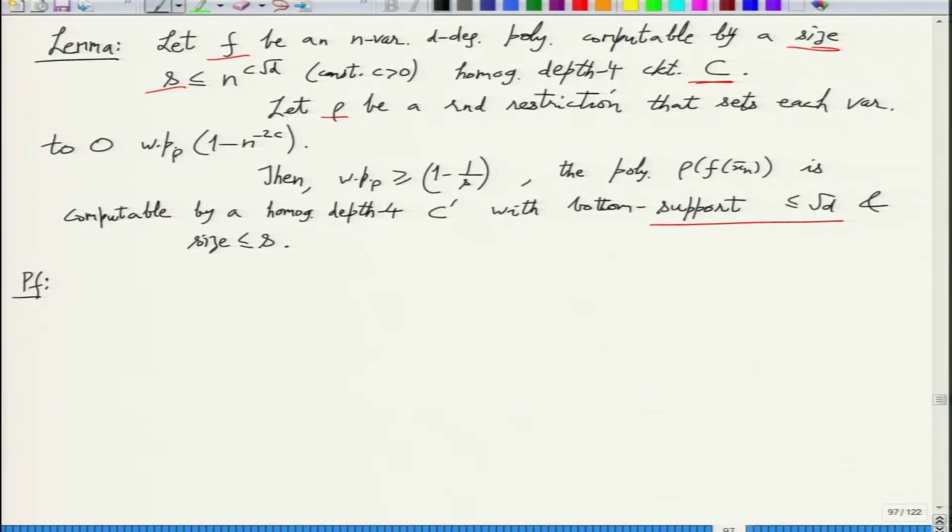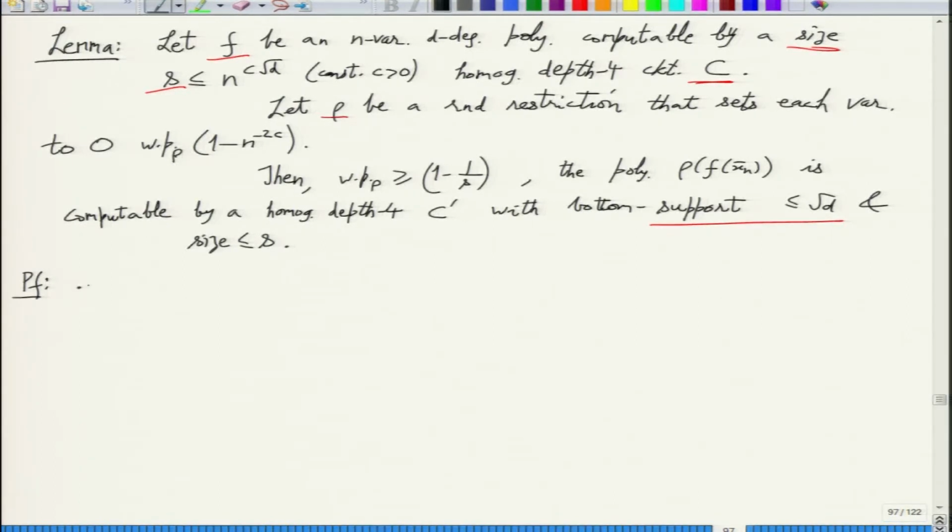Once we have proven this lemma, then probabilistically we can think of the model being somehow weakened, but it is still not clear whether we can say that b is less than or equal to square root d. So it is still not clear how we will use the upper bound of shifted partials. But anyway, we'll see how to do that next. Let us first do the proof.